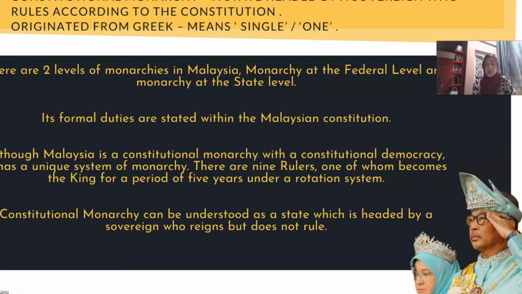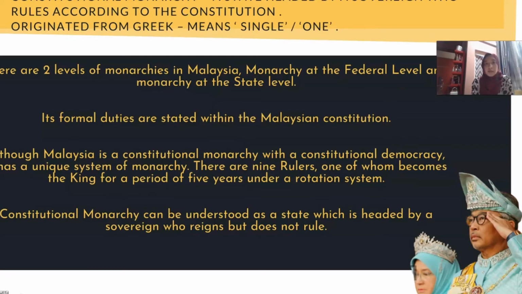So what does this actually mean? It means that a constitutional monarch is a monarch who acts on ministerial advice, and also the elected leader. So a limited monarchy is actually a monarch who has limited discretion, so they cannot do whatever they please. In fact, most of the functions that are performed are based on the advice which is given by the elected leaders and or the government of the day. So the decision is actually not his decision, but it is based on the decisions of the government.